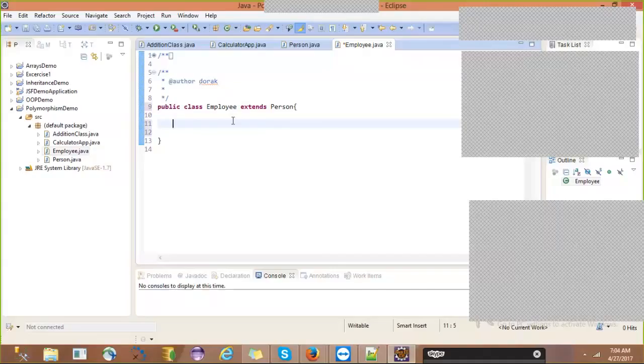Like int EID, float salary, and string address we can have. Now, what are the methods we need to write, guys? List them out.